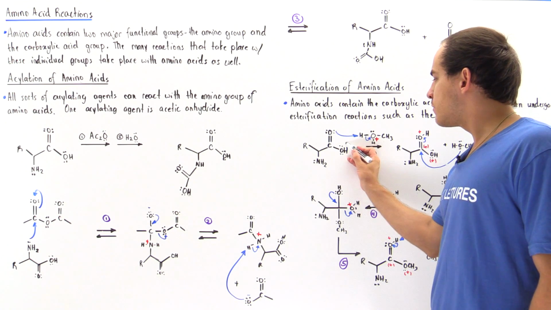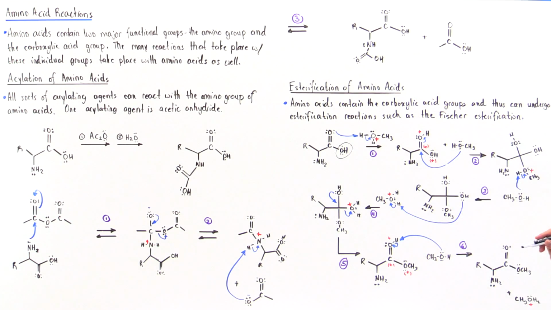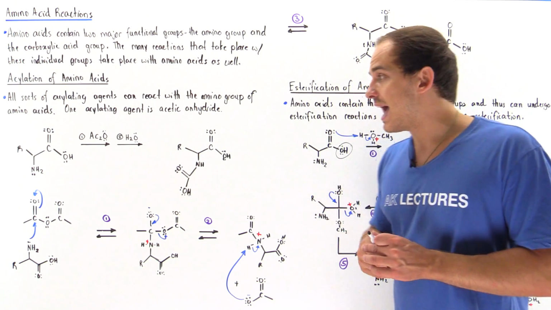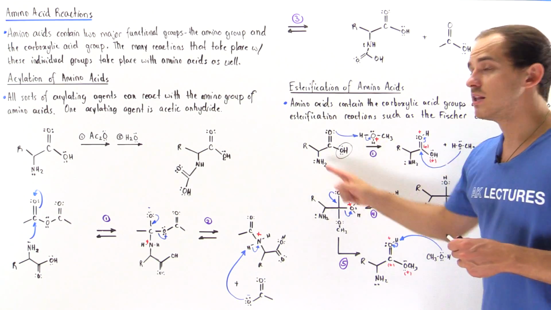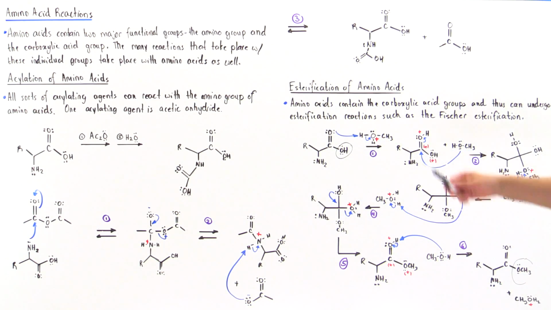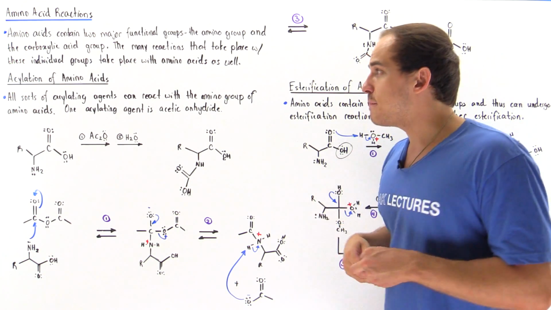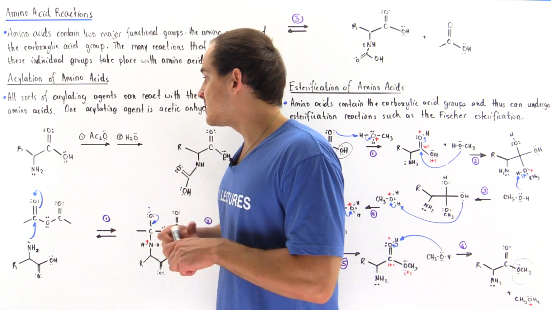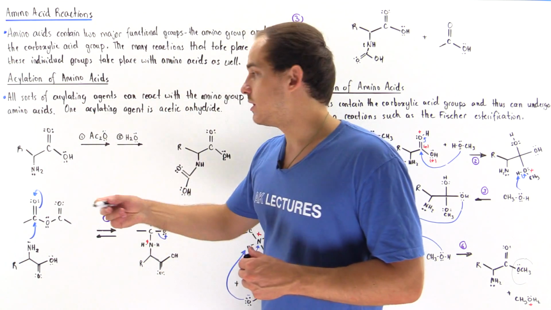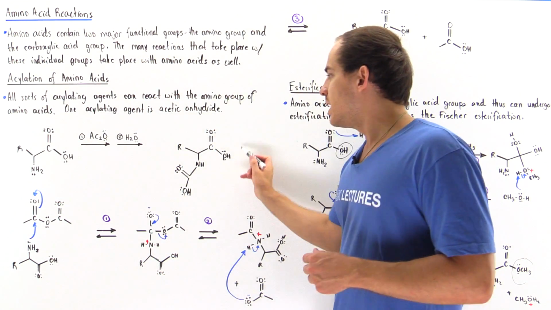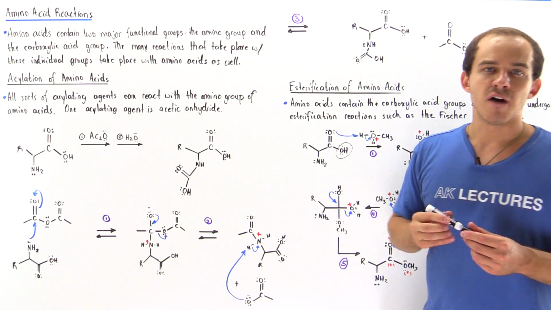So we began with this hydroxide group. At the end, we end up with this alkoxide group. So we see, just like regular carboxylic acids, amino acids, because they contain the carboxylic acid group, can also undergo the Fischer esterification. And just like regular amines, because our amino acid contains this amino group, we can add or acylate the nitrogen on the amino group to basically produce this final product.